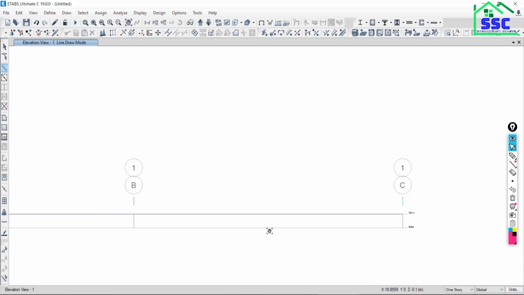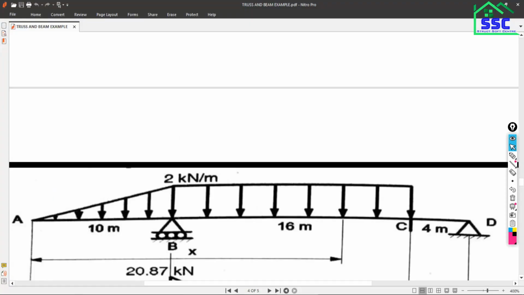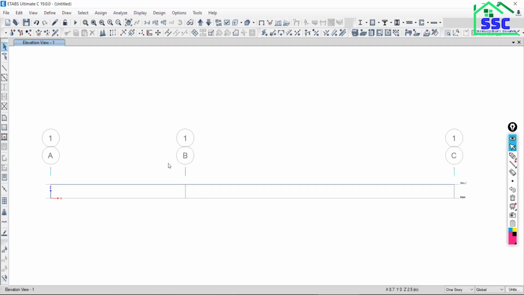Okay, sir. Now next we have to assign the joint support. On the left side there is no support, it is overhang and free end is there. Here it is a roller support. So go back to tabs, drag from left to right so that this joint will be selected.